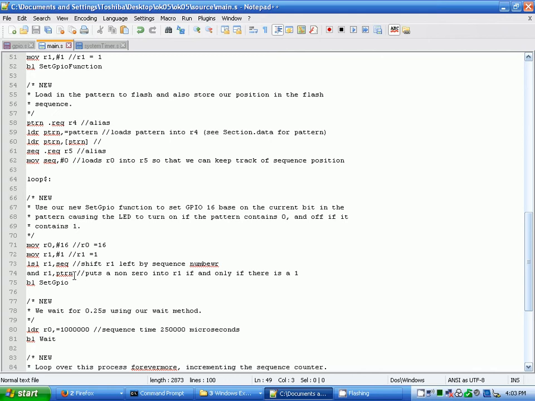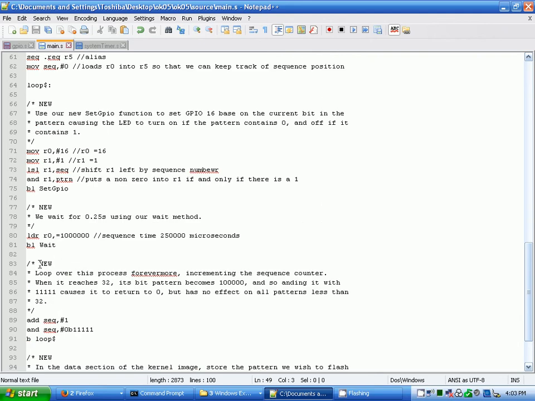If there is one, if and only if there is one, and then we use the loader again. If register is at 1 million, the sequence time is 250,000 microseconds. So we wait, and then we loop the process forever, implementing the sequence counter, and then